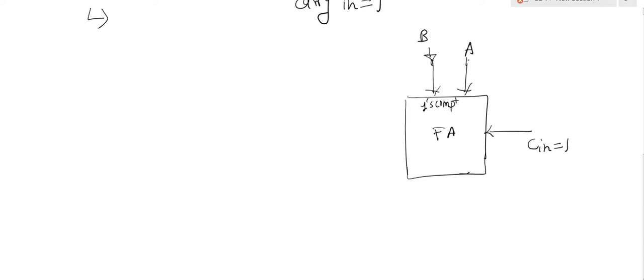Now the carry input with the value 1 I am giving to the full adder. Now the full adder will take whatever value of A. It will take the 1's complement of B. It will add 1 to the 1's complement, we will get the 2's complement, and the variable A. It is performing the addition. That addition is nothing but the subtraction, that is A minus B, and it is generating the output as the sum and the carry out, which is nothing but the output of A minus B. Clear?